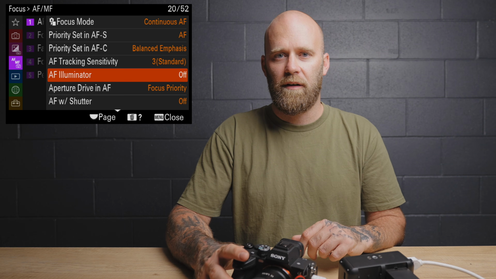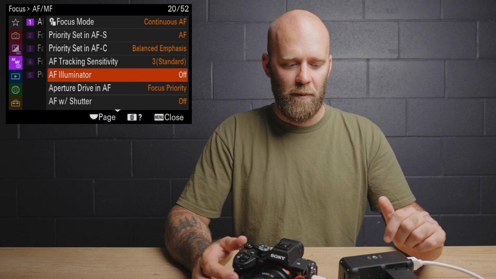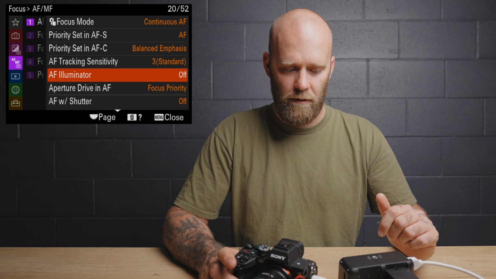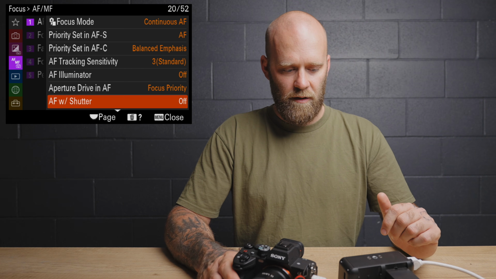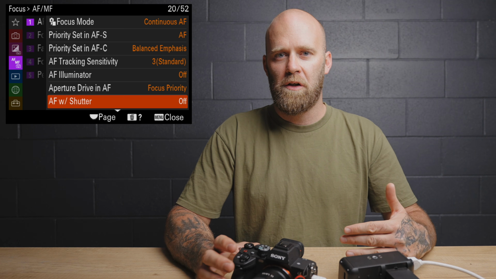AF illuminator, I turn that off. I'm not sure why it's still on auto, but yeah, I don't use it, and it doesn't work when I use my flashes because I'm using Godox flashes anyway. And yeah, that's standard. AF with shutter, this is where you turn it off if you want to use back